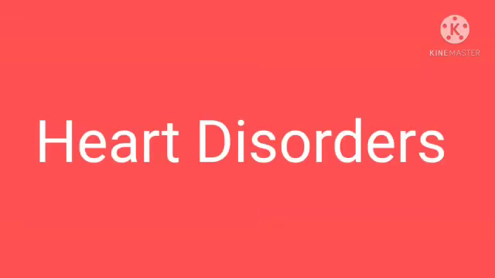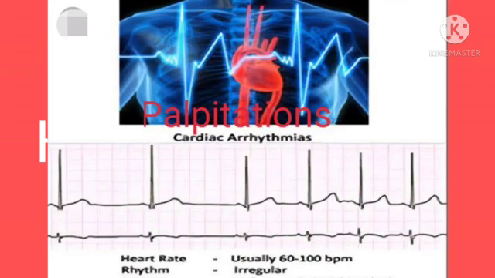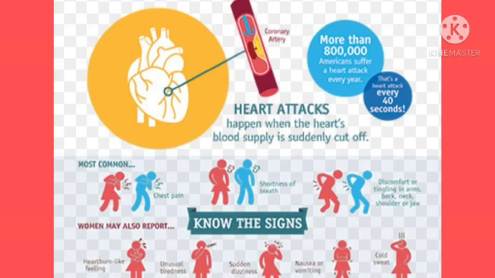Sometimes, due to some defects in the structural parts of the heart or blood vessels, the heart may show abnormal functioning such as palpitation, in which a person feels as if his heart is beating too fast or skipping a beat. These are usually caused by anxiety or coronary heart diseases or due to medicinal problems. Cardiac arrest. Sometimes the heart suddenly stops contracting due to narrowing of blood vessels, maybe deposition of cholesterol or calcium in coronary arteries.